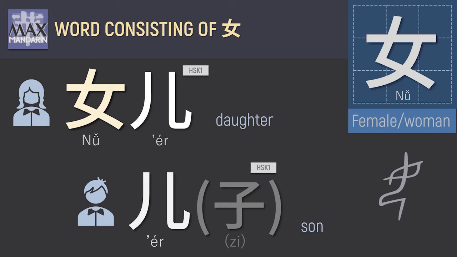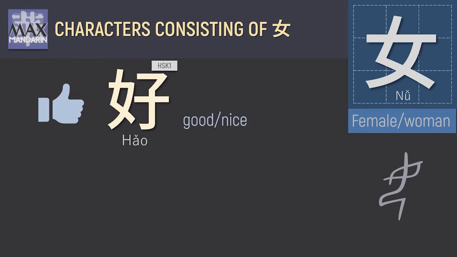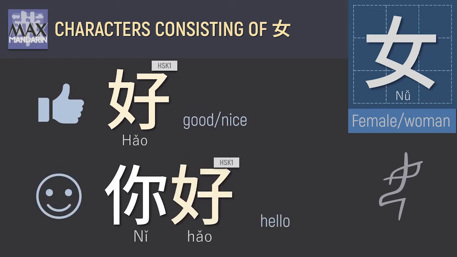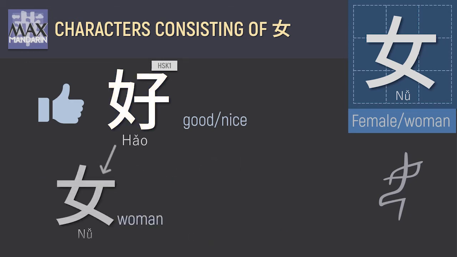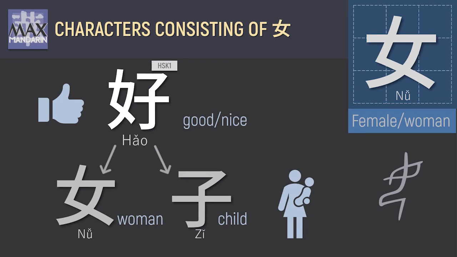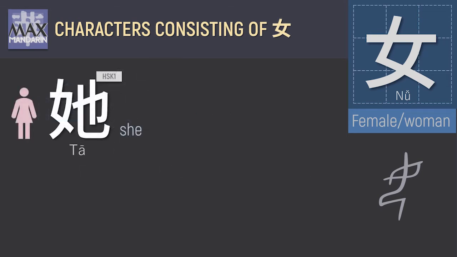You must have seen the character 好, since 你好 is probably the first word you learn in Chinese. 好 means good or nice. It's the combination of 2 characters, 女 woman and 子 child. It is said that the character was created this way because the ancient Chinese people considered the image of a woman with a baby to be nice and wonderful. You probably also know the character 她, she,